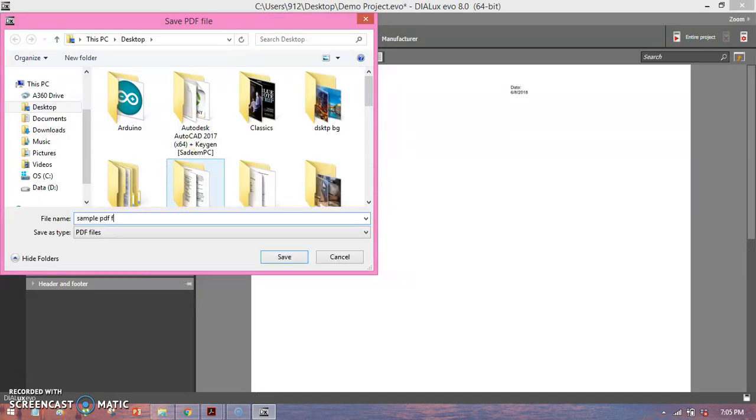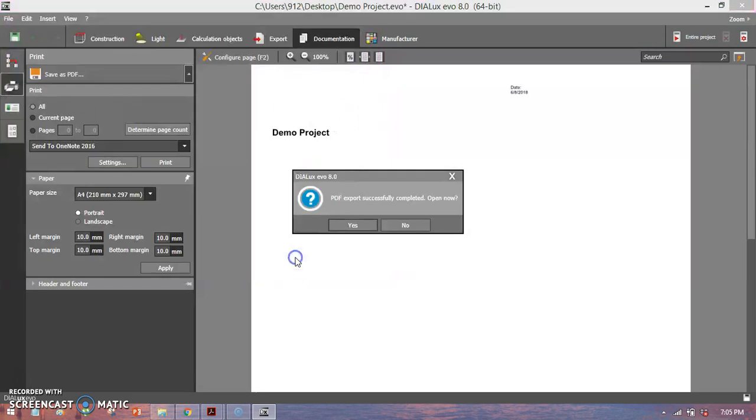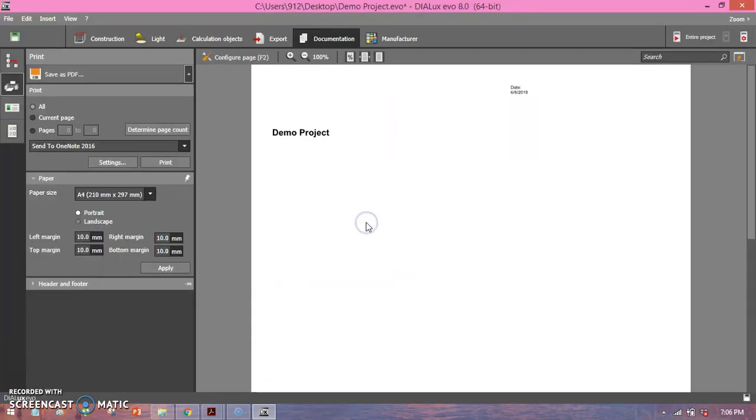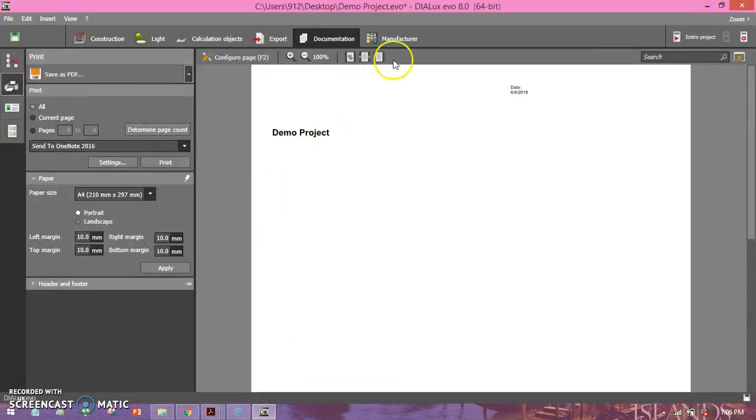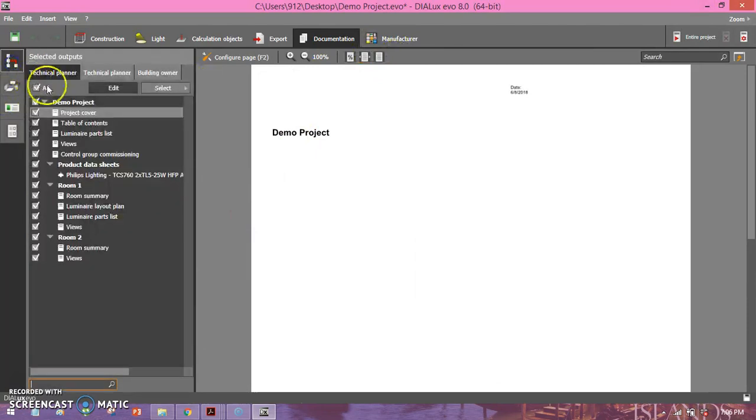Sample PDF final. You need to click save, and as you can see, there would be a PDF file in here, and you can see everything in here. Just need to click here and all of the PDF files that need to be printed would be